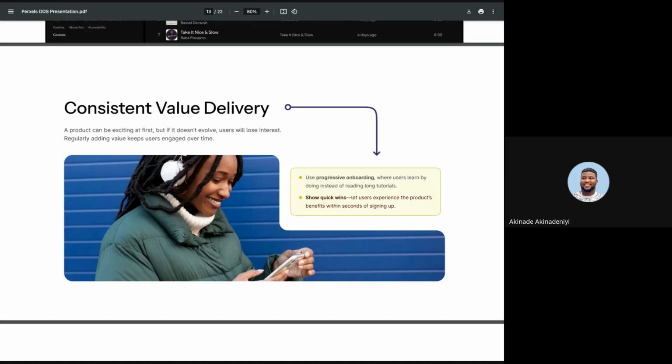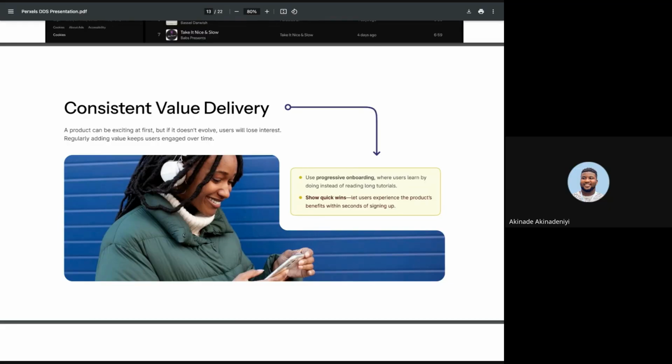But because they didn't evolve over time, I'm sure a lot of us don't even go to Nairaland anymore. I remember back in the day, I used to go to Nairaland a lot. If you compare Nairaland with Reddit, Reddit is like the Nairaland of the world. Reddit is always improving. I use Reddit a lot, especially when it comes to figuring things out. If you have something you're trying to fix on your TV or on your laptop, just go to Reddit. Ask people or search for it.